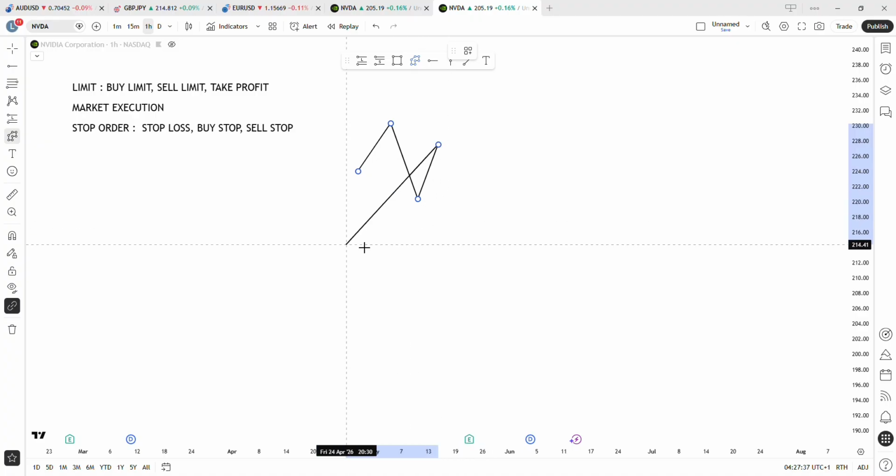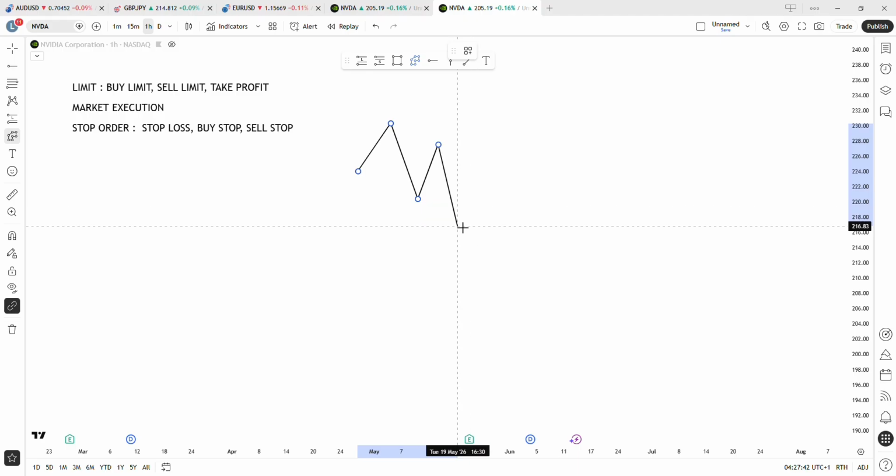So now, if you understand that the whole trend is bearish on the higher time frame, or whatever time frame it is you're trading, it doesn't necessarily matter, but you want to have a higher time frame for your bias before your normal time frame that you execute. You can have your daily for bias, your 15 minutes for entry, you can have your 15 minutes for bias, your 1 minute for entry. It doesn't matter. You understand that price is really trending lower, and you want to capitalize on that move